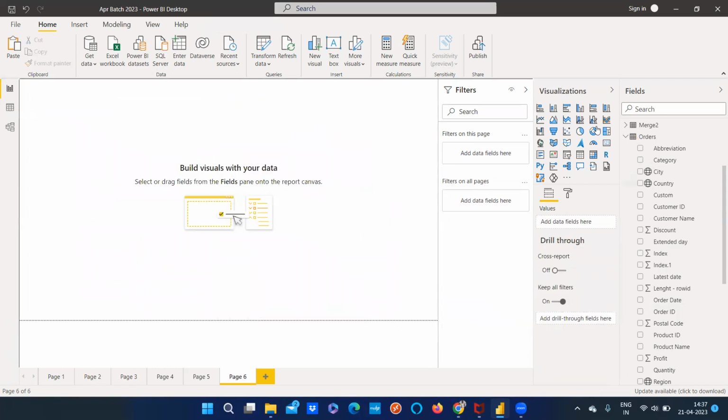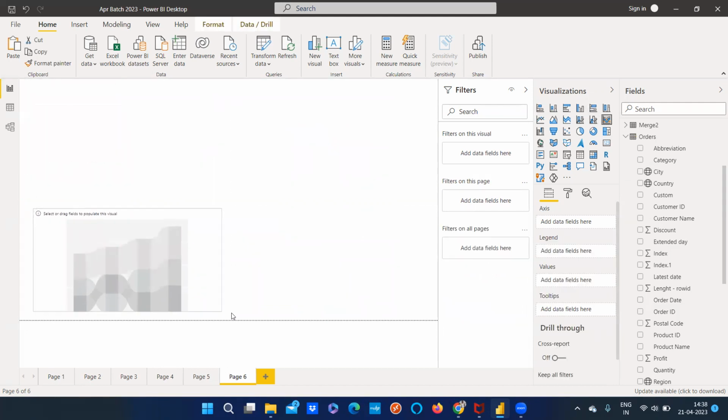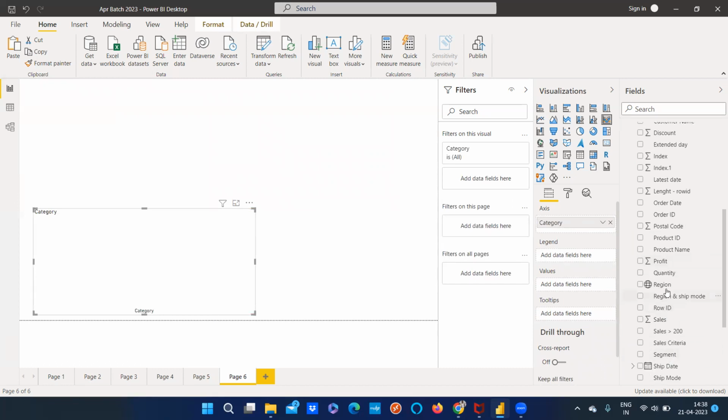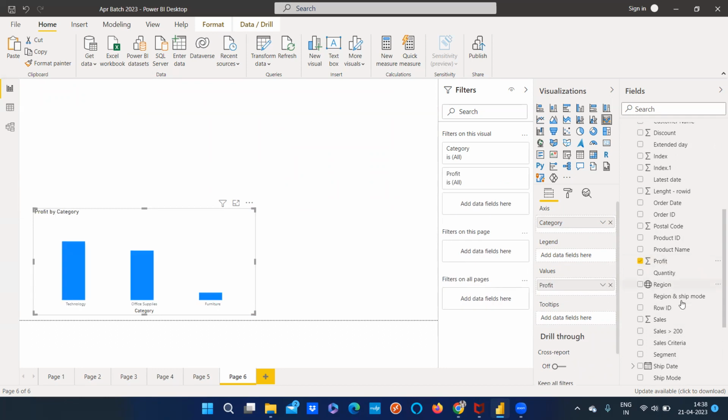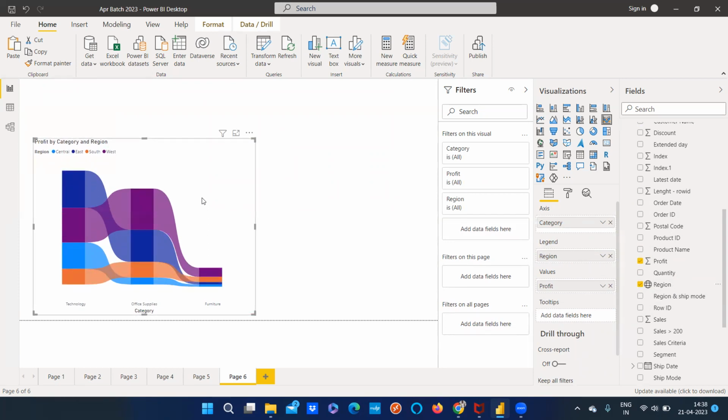Okay. Then we will look at this ribbon chart. This very quickly we can look at. Again, we can add the values. Okay. And the legend, the category, and the profit under the values, and even the legend we have to add. Okay. Then we can see the ribbon chart, how the data flows. Okay, this one briefly shows the area that is being covered actually, by the legend that we are using in here, and the area that is being covered by the ribbons